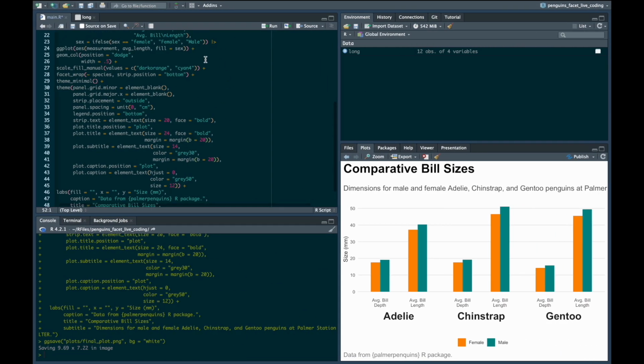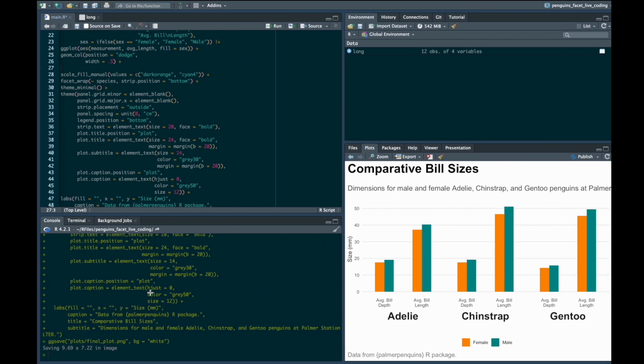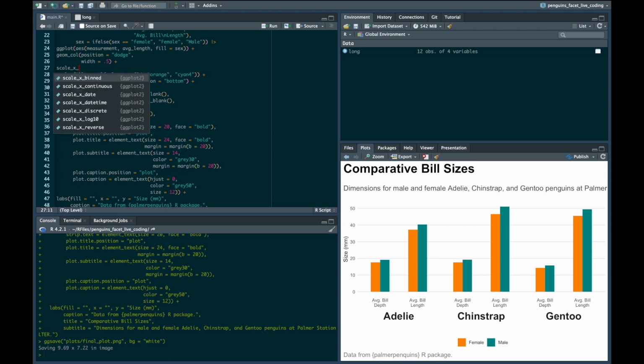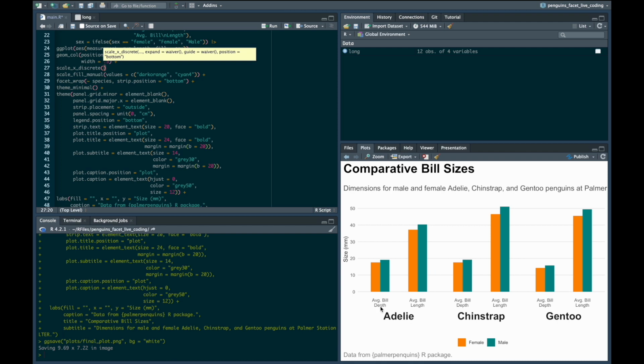And we can achieve that effect by expanding the x-axis on each panel. And you can do that with scale_x_discrete. This is a discrete x-axis because it's single values. It's not a continuous numerical scale. So scale_x_discrete, expand. There's this expand argument, and you pass two values to it,